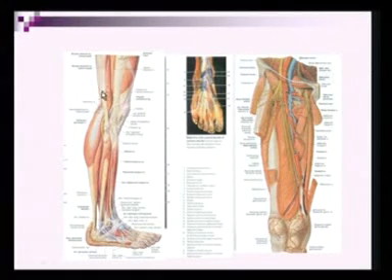After bifurcation, this is the common peroneal or the common fibular nerve, which goes on the lateral side of the leg, and it is mainly responsible for the dorsiflexion of the foot, and the tibial nerve goes to the back of the leg, and it is responsible for the plantar flexion.